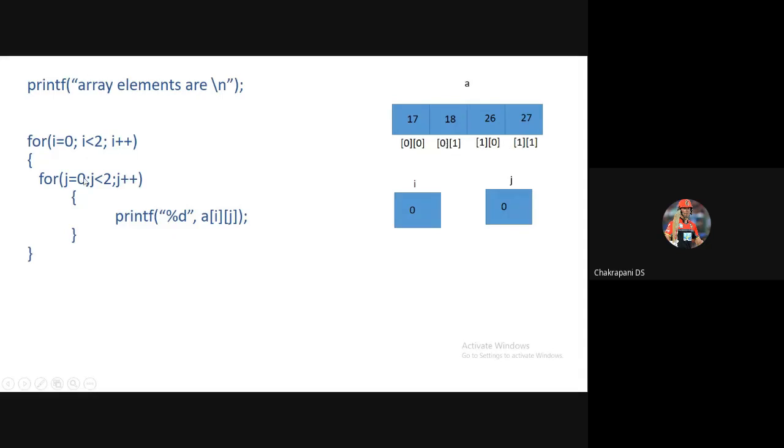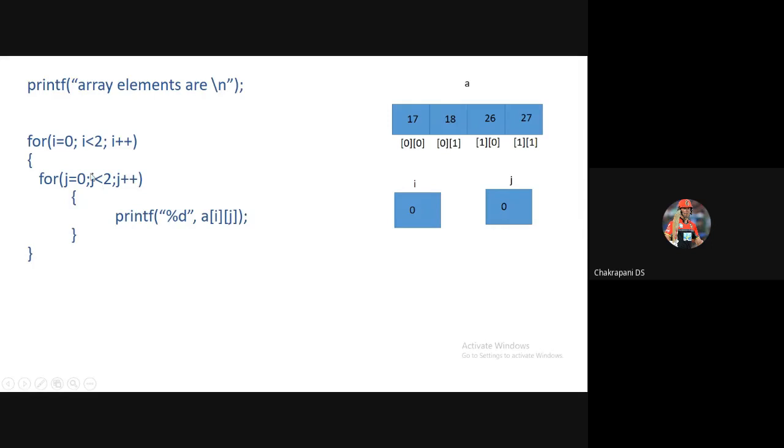Now, i equals 0, i less than 2 condition is true, so the computer enters this statement block. It immediately finds the second for loop, j equals 0, j less than 2. Because the condition is still true here, the computer enters the second for loop and executes this line.